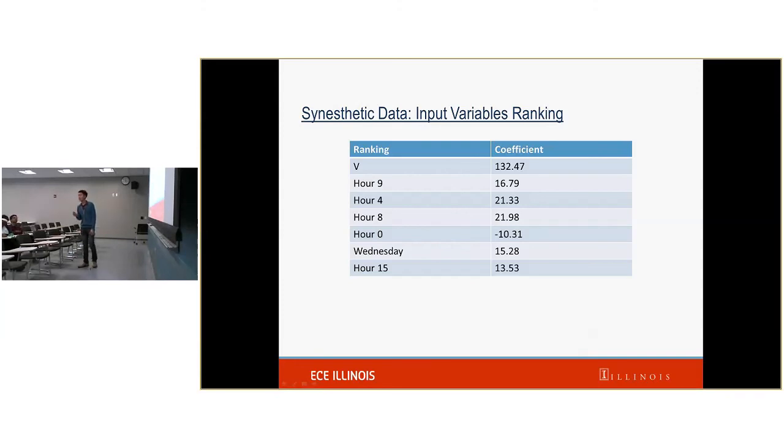So this is a ranking of the inputs for the synthetic data. Because we are using just a limited range, this tells you the voltage has a strong correlation to the power. But because we only select a certain range, I really cannot say anything about other things. But then we actually